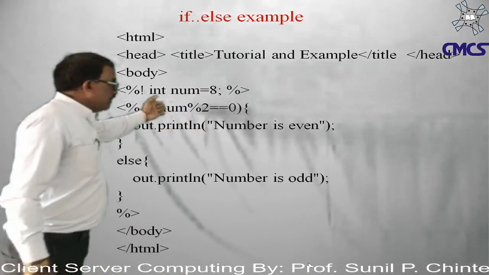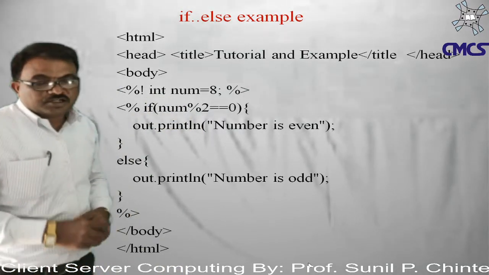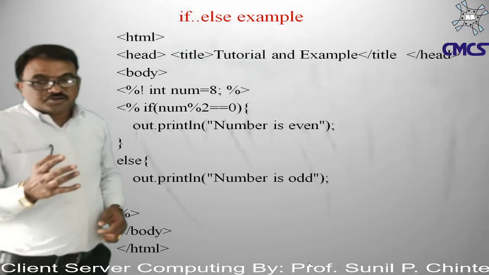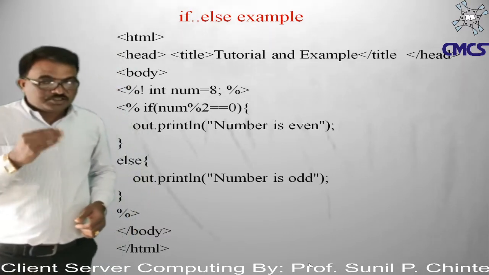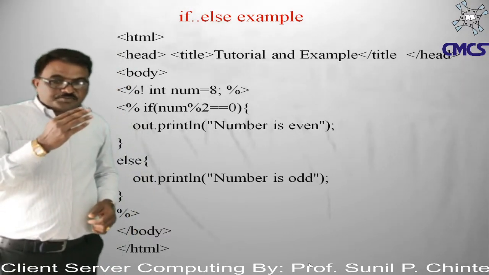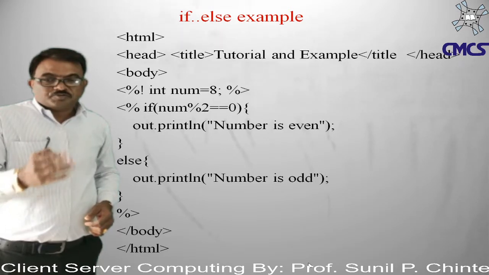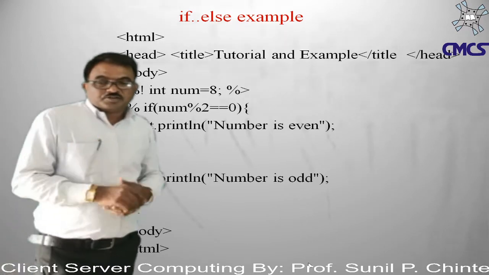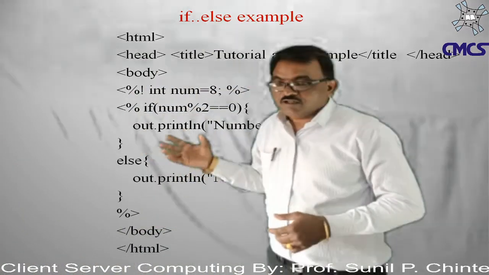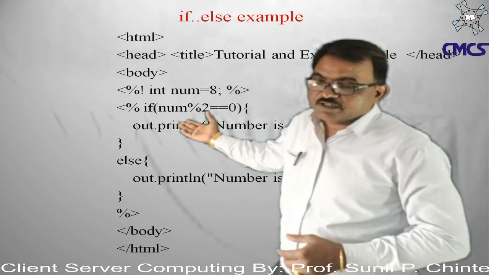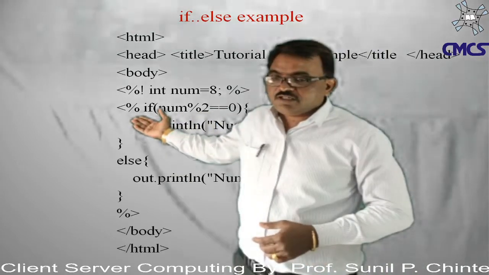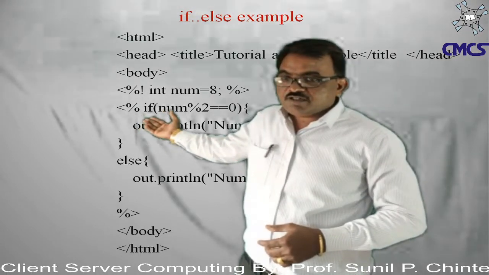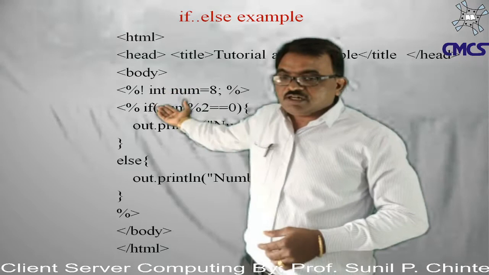Here are simple examples through which we can understand how if else works in a JSP. As you know, if you want to write a script in a JSP web page, we have to use tags, called the JSP scripting tags. Under those scripting tags you have to write all the script. Here I have used the opening and closing scripting tags, and under them I have declared one variable, num.